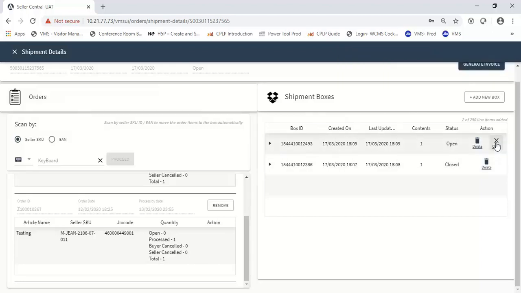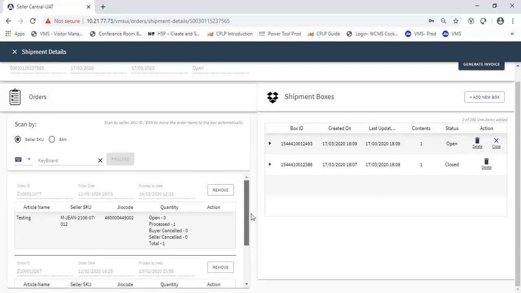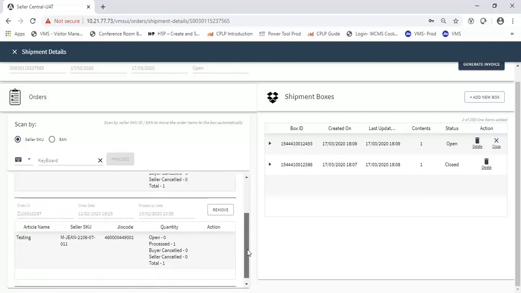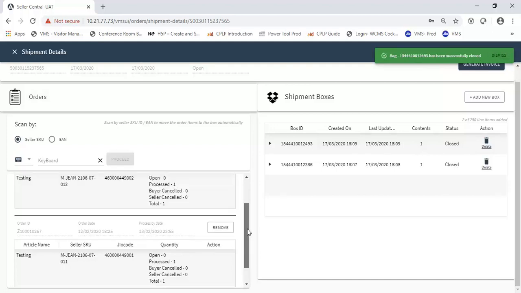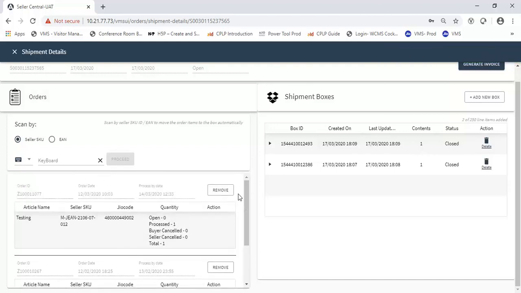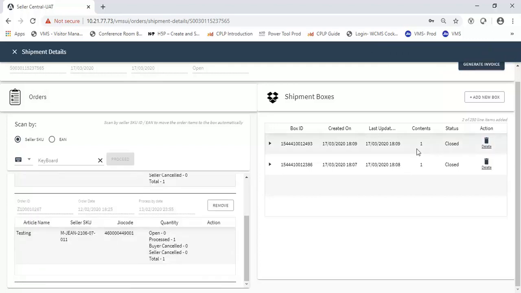Again, if you want, you can close the box. So again the bag has been successfully closed, message is displayed. And here both the items have been added to the boxes.